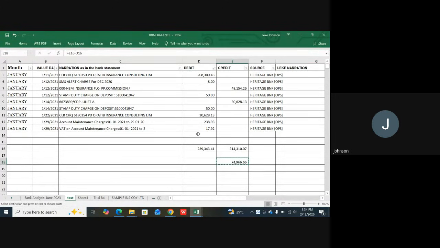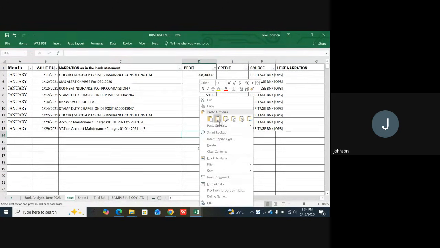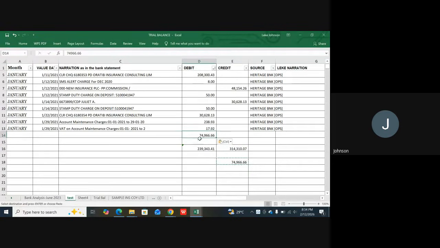We come and put it here, just like they will say balance carried out. We come and put it in the opposite side. So we come and put it in the opposite side like this. So once you put it in the opposite side, then